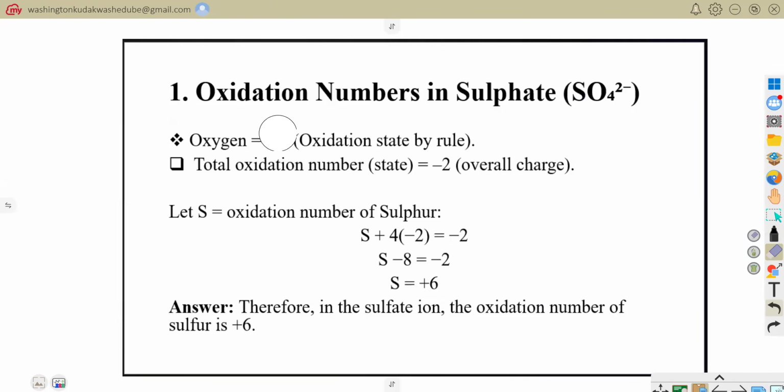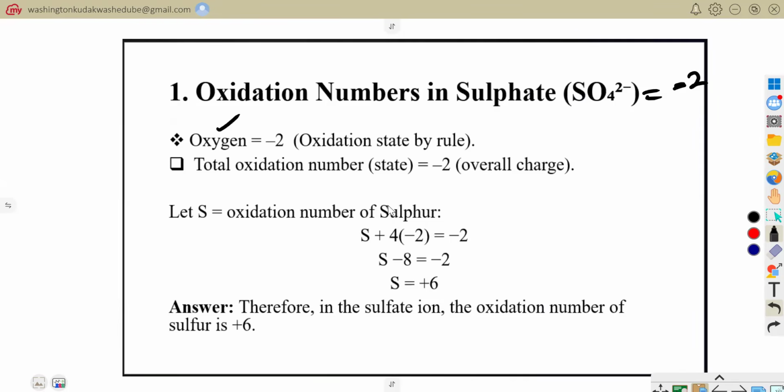And also the other rule said that whenever we've got a polyatomic ion, its total oxidation number has to be equal to the charge, which is -2. So since we know the oxidation number of oxygen, and we know that the sum for this polyatomic ion has to be equal to -2,